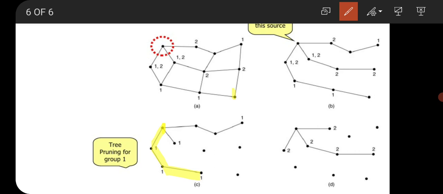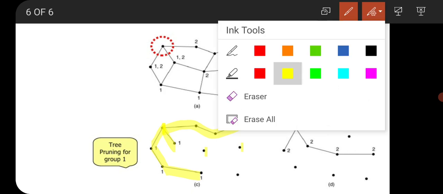Next, this belongs to 1, and these belong to 2, so we do not connect them. Next is a node which belongs to 1, but to connect to it we have to go through the group 2 nodes. So we connect through this group 2 node to reach 1. That is feasible. So this is how we get the multicast tree for group 1.